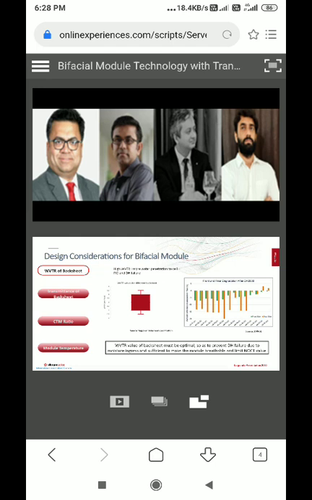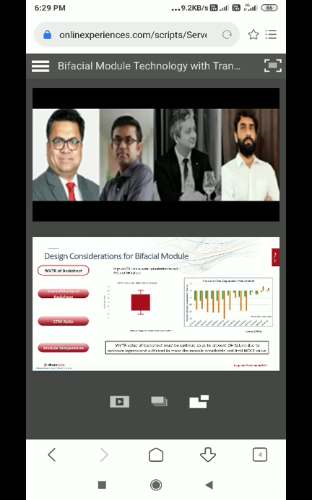So some of the design considerations and manufacturing considerations of bifacial module. We talk about 4 important design considerations. First of all is WVTR, which is the water vapor transmission rate of the backsheet when we choose the backsheet for the bifacial module. This slide shows there is a wide range of backsheet materials that are available in the market, okay, with different values of WVTR.